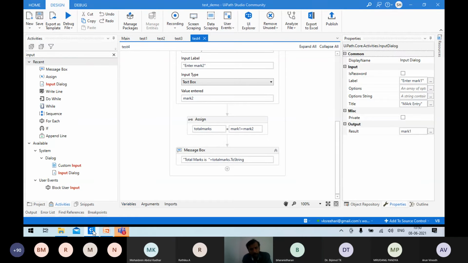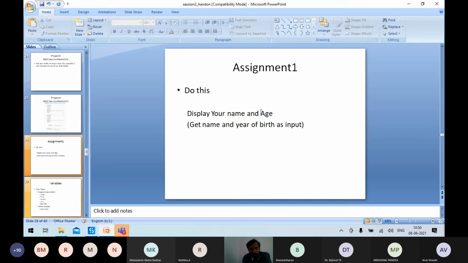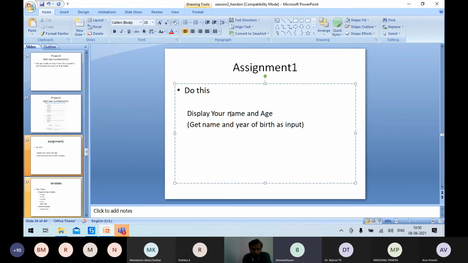See, that is what we said. You want to get your year of birth. Again, it is an integer value. I am asking only a year, for example 1990. It is an integer value. So your name is a string, and your year of birth is an integer value. You can use name as the variable for your name, and take year of birth as the second variable. You declare the year of birth as an integer variable and name as a string variable. You will get that input.